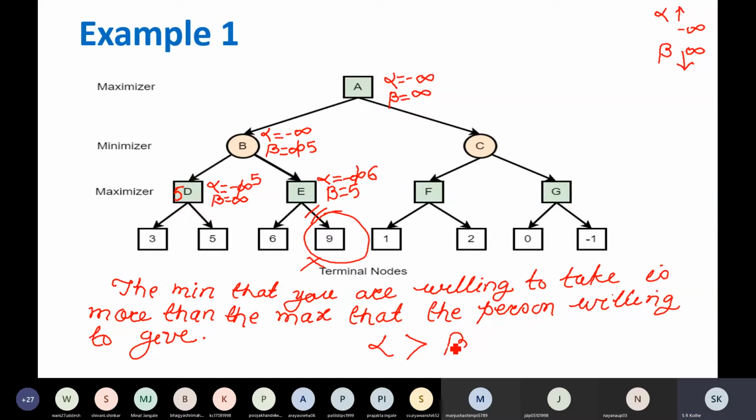That means you want 100 rupees and the other person is willing to give you less than 100. So what are you going to do?